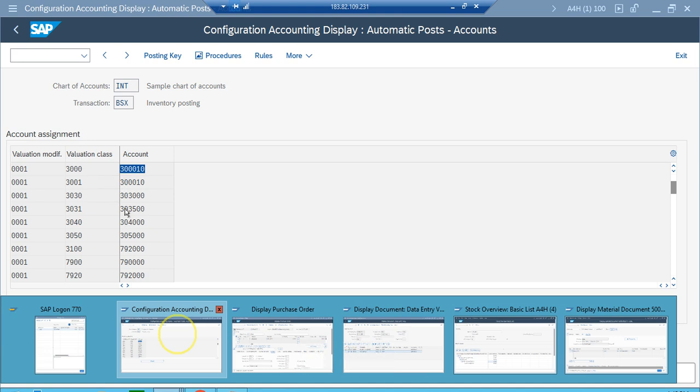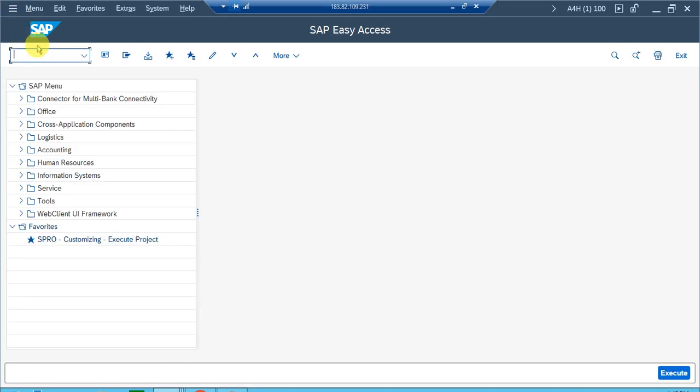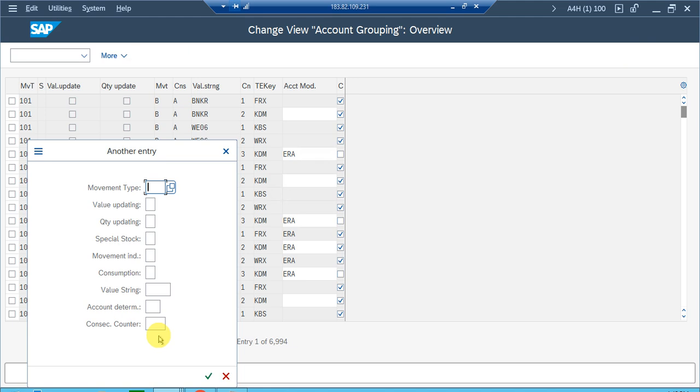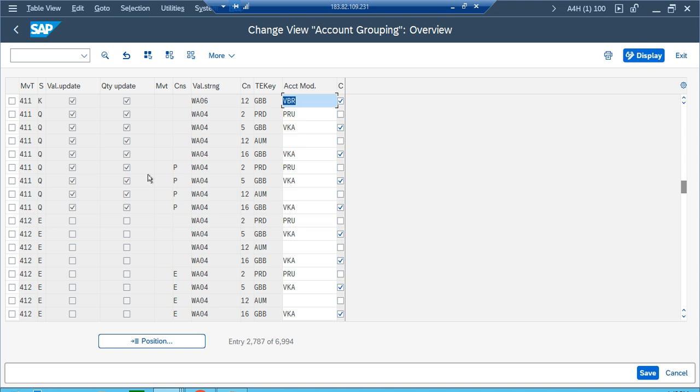If you go to transaction OMWN, account grouping, here if you click on position, let's say for transfer posting, what movement type did we enter? We enter movement type 411. Value updating is X, quantity updating is X, and special stock indicator we selected K. Hit enter,